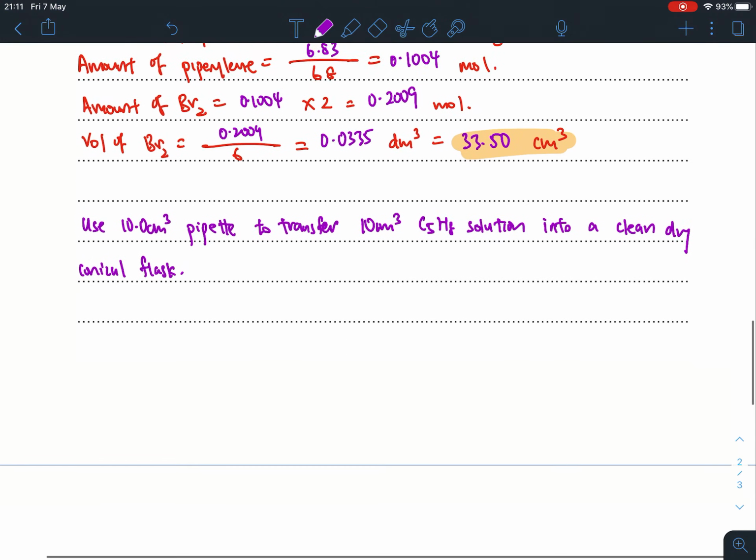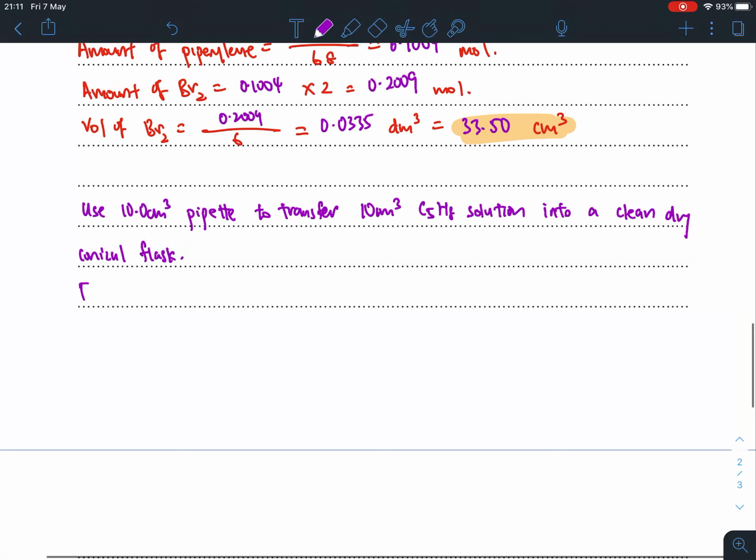Okay, and after which you would fill the burette with Br2 in CCl4. There's no need to fill it to the 0 cm cube, just to reinforce again, because sometimes if the endpoint is not so large, whatever you're provided with may not be able to allow you to fill it to the 0 cm cube mark. So you just have to mention that you have to fill the 50 cm cube burette